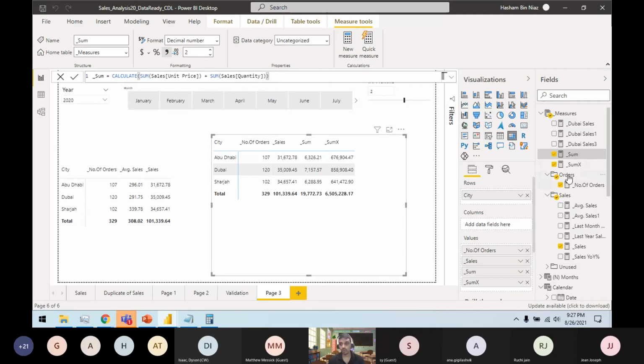Now, if you go to the SUMX expression, you see we are doing the same. We are summing up the unit price and then summing by quantity, right? But then why do these two not match? Now, what you are doing with sum is the same, or maybe let's simplify this. Remove the calculate from here. Let's see if it matches at the row level as well or not. So if we do it like this,